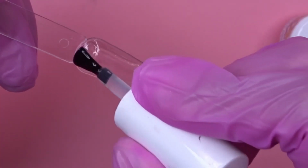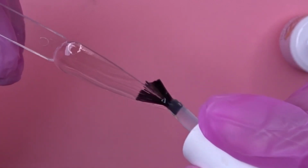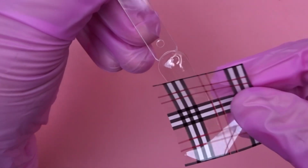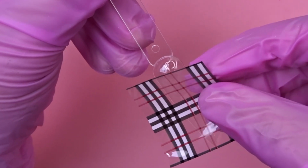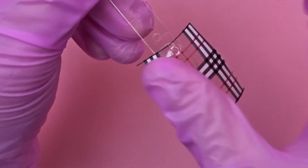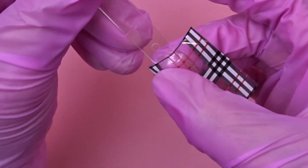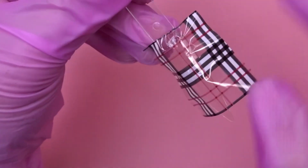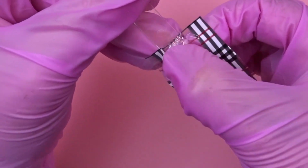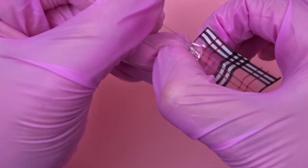First thing I'm doing is just going in and doing a thin coat of the transfer foil gel, curing that for 60 seconds. Once that's cured, I'm going to go ahead and place the foil right on top of the nail. Make sure it goes on there really straight and flat and no wrinkles at all. And then after that, I'm just going to rub the foil on the nails and just making sure that everything